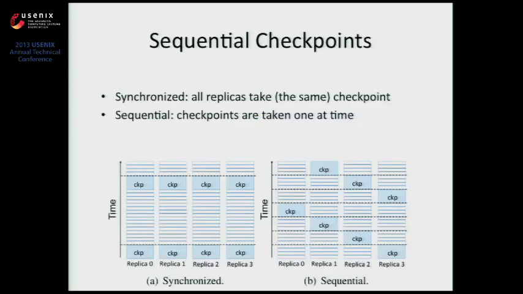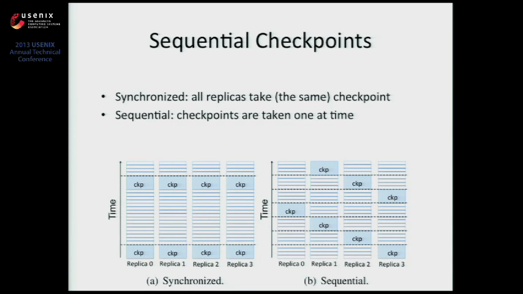The second problem is checkpoints, okay? The main problem of checkpoints is that people that do state machine replication do checkpoints in a synchronized way, okay? Because it makes sense to do that, since you have several copies of the same checkpoint. So if you want to recover from some data corruption, it's very easy to get other checkpoints, and to design protocols to validate these checkpoints and things like that.